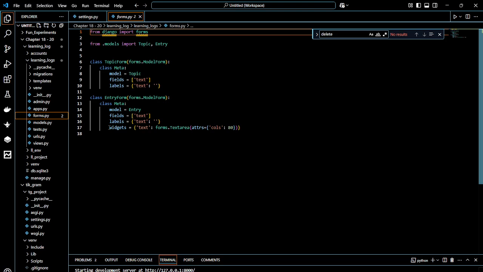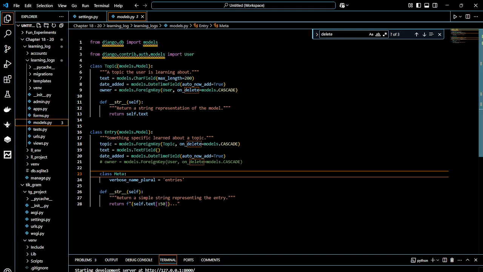This is where we have our classes. So this is where you'll put in your topic, maybe you want to call it football or sports, and then your entry form is where you type in what you want underneath it. So if you want to describe sports or if you want to describe football,